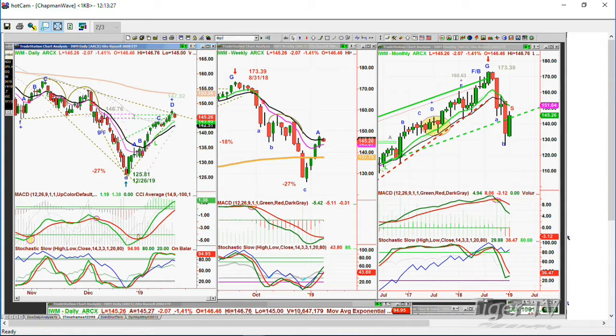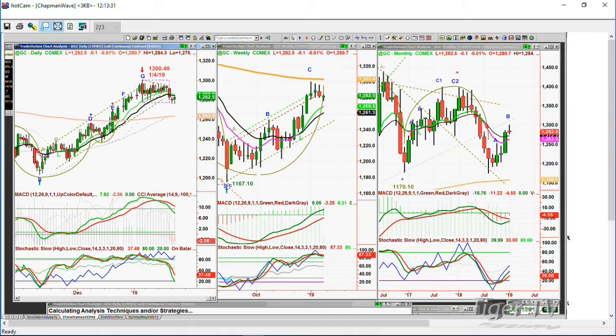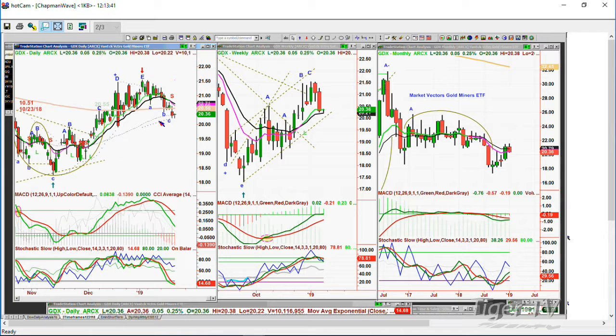Now let's go to gold. Gold was down just a little bit before. Now still down 0.1, just 10 cents, 1282.5. If you look at the GDX, if you don't mind, so this is at 1282.6. If you look at the GDX, I've got this in a sell mode in the daily. Weekly chart is still pretty good, but having gone from the 21.54 high